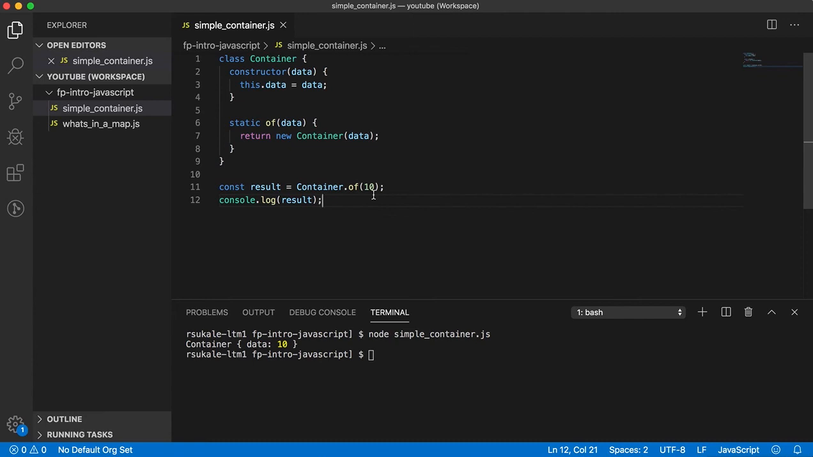This container does not do much at this point. All it does is store your data, but we are going to define certain functions, especially the most important function, the map function, which lets you